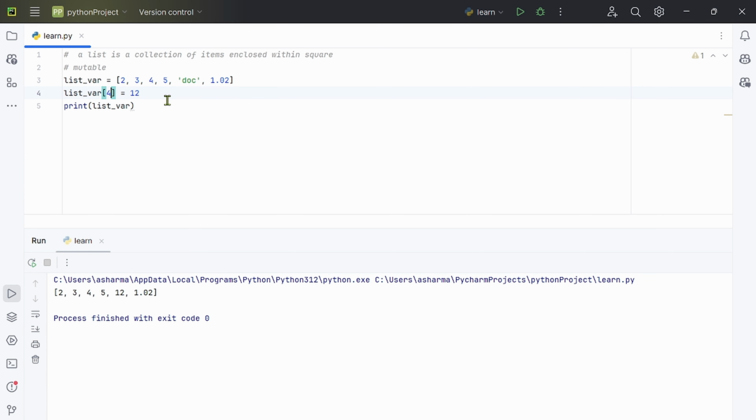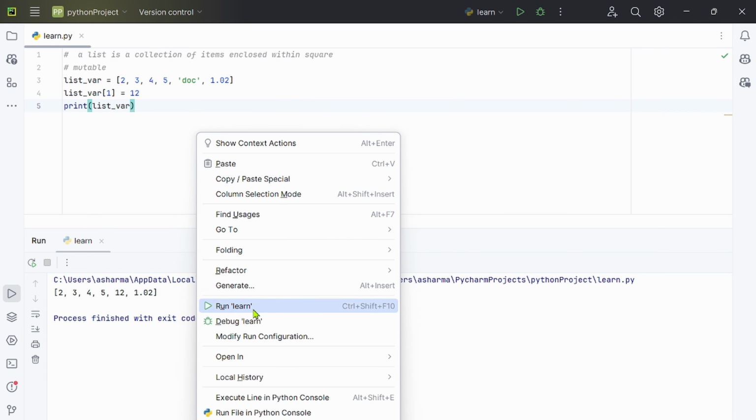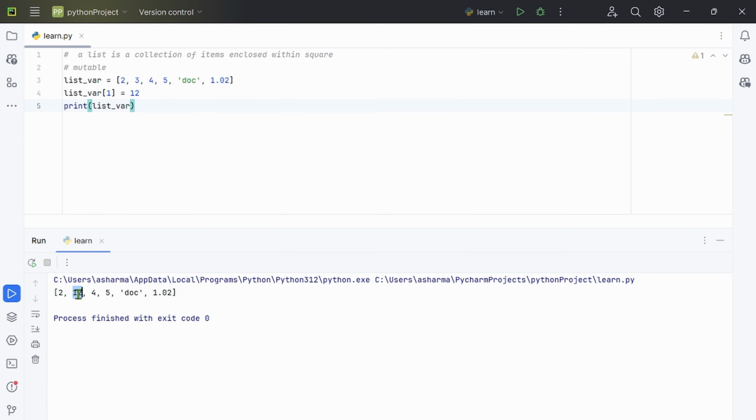Suppose now for the first index I want to print 12. Let's run. So see, the first index was 3, which got changed to 12. So all the rest of the list remains as it is, and it overrides the particular index. Okay, let's see some